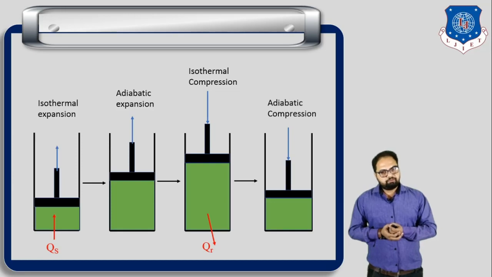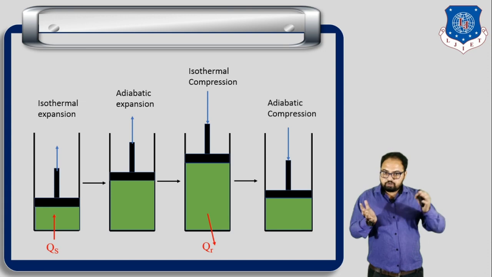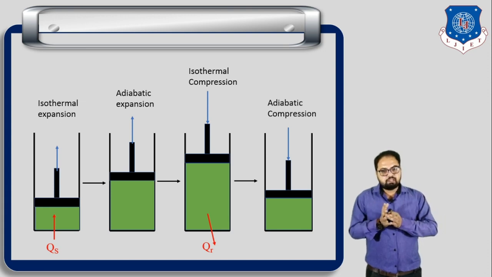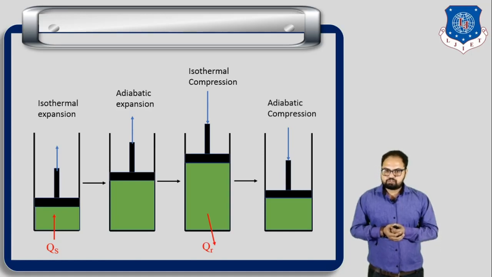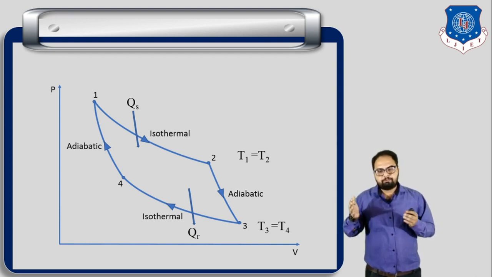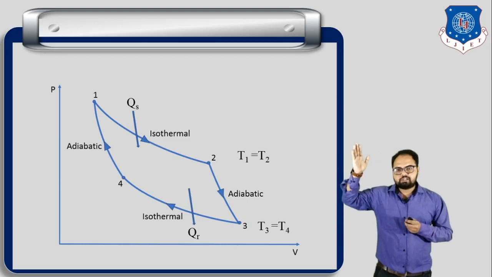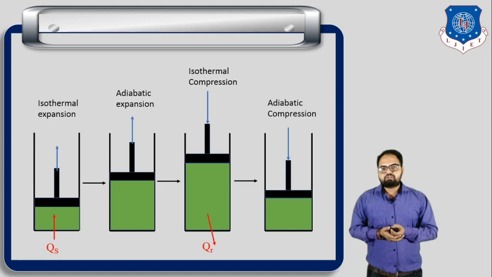Okay, now again we remove the cold body and bring into contact the adiabatic wall at the bottom of the cylinder. There is continuous compression of the gas, and due to the adiabatic wall, again there is compression of the gas. So this process is known as adiabatic compression process, which is indicated by line 4 to 1 on the PV diagram, because during compression we know that pressure is increasing and volume is decreasing. So this is the PV diagram of the Carnot cycle.